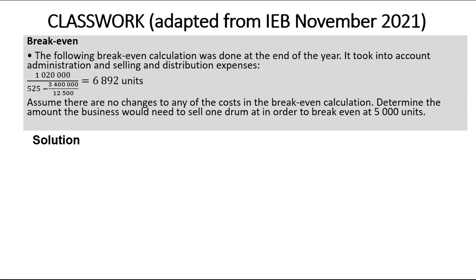Now, determine the amount the business will need to sell 1 drum at in order to break even at 5,000 units. Now, what they're saying here is that we need to determine, they're giving us the break-even point, but they are not giving us the selling price, but everything remains constant. So those fixed